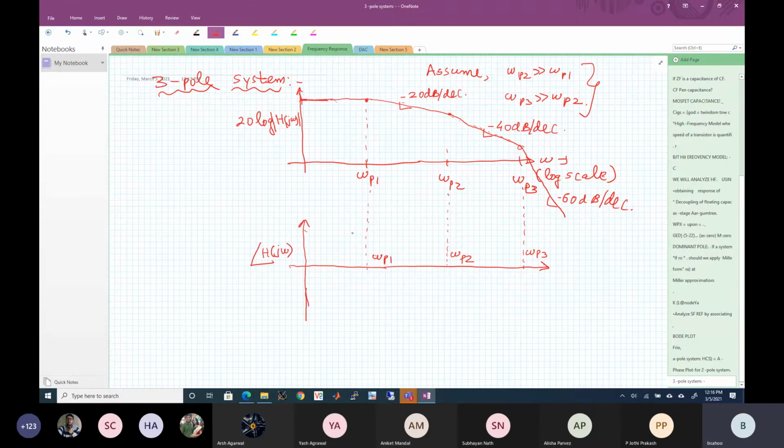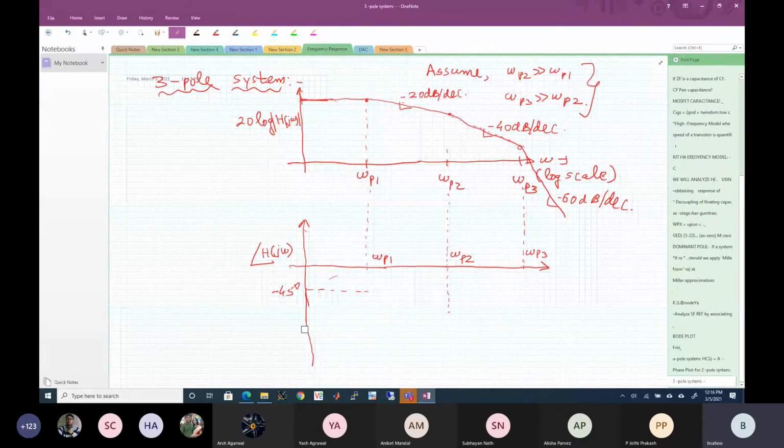Okay, and the phase at this pole is going to be minus 45 degrees. From one pole to the next pole, the phase changes by,